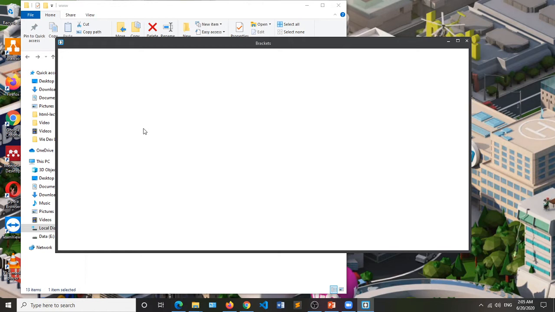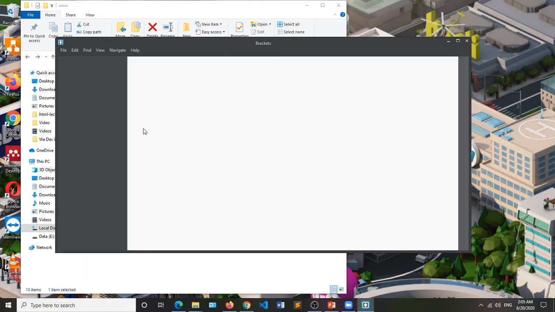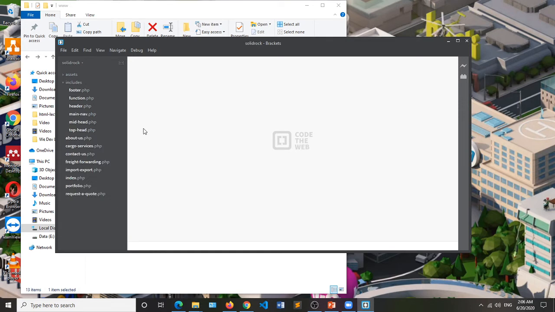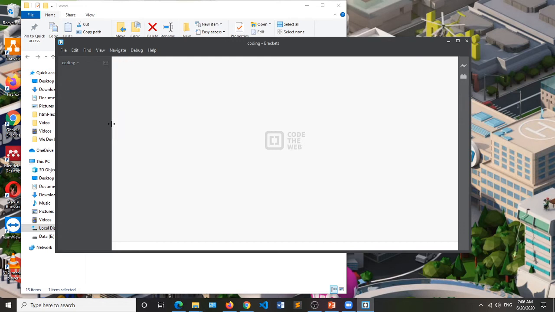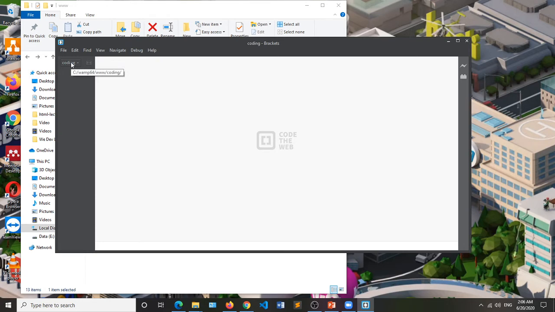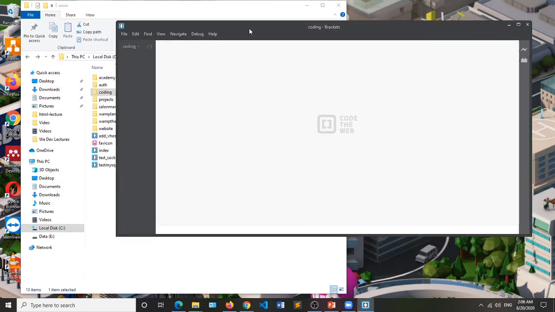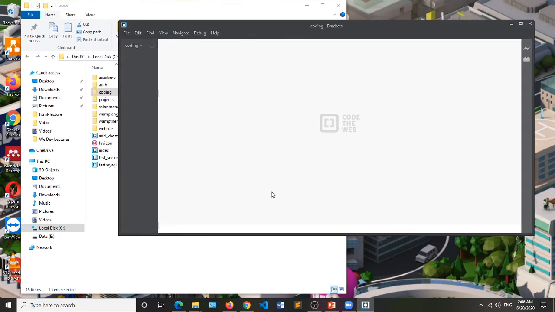Give it a few seconds. There we go. We have our coding project on the left side. What this means is all the code that will be written in our text editor will automatically be stored in our coding project. So let's create a new file.